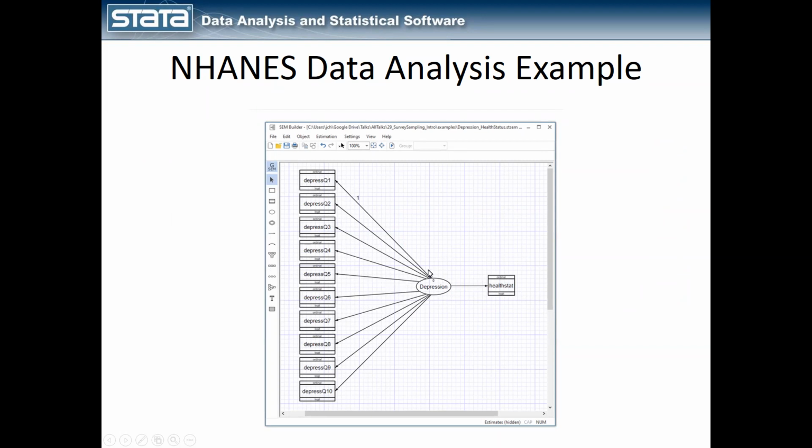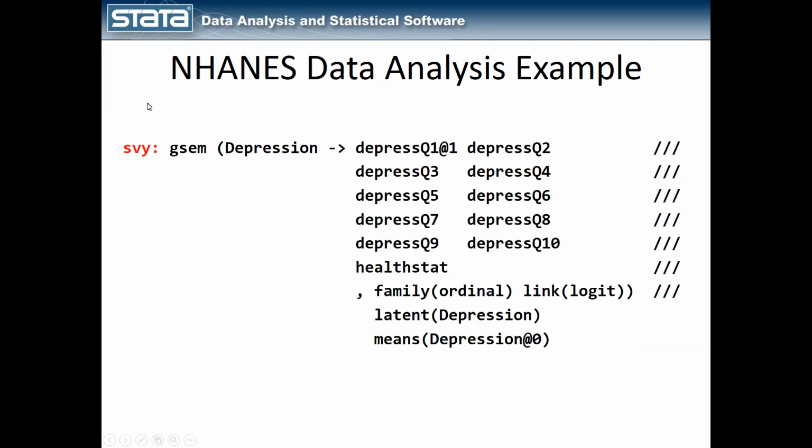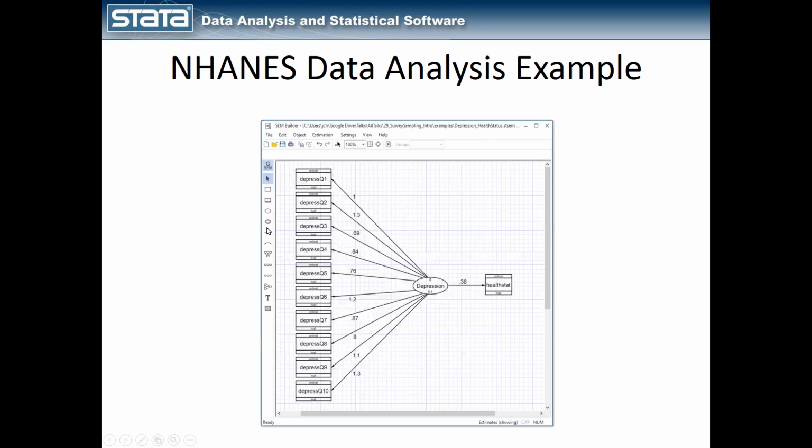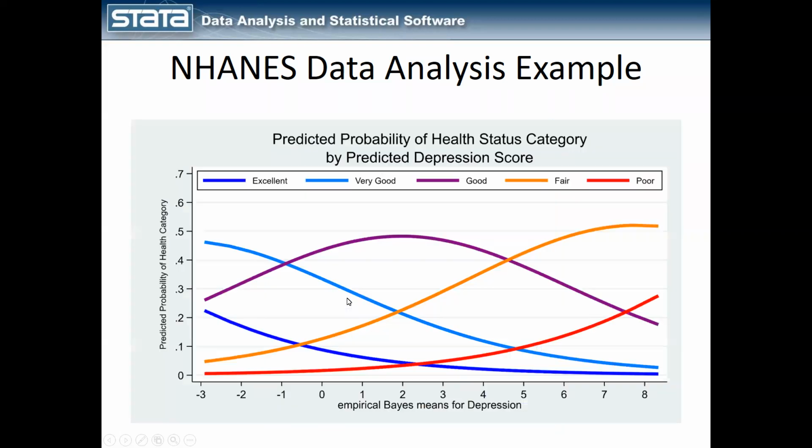I can take those questions and create a scale using a latent variable here for depression. And then I might want to see how depression influences overall health status or things like that. Even for very sophisticated models like this, I can fit those accounting for the survey weights. So I can type svy colon and then use the gsem command to fit this fairly sophisticated structural equation model. So not only can I get my output here, my path coefficients, I can even use the predictions to generate